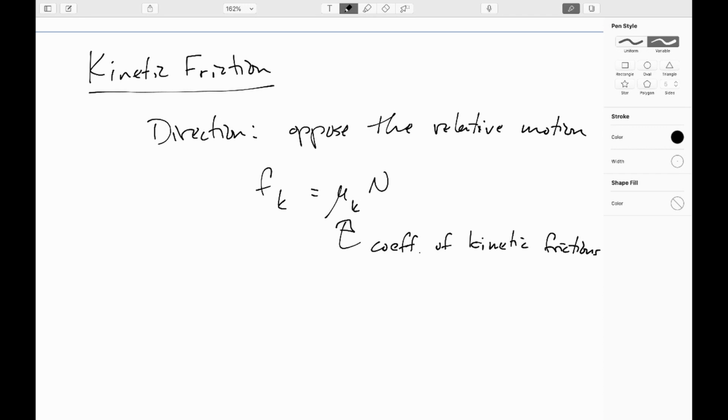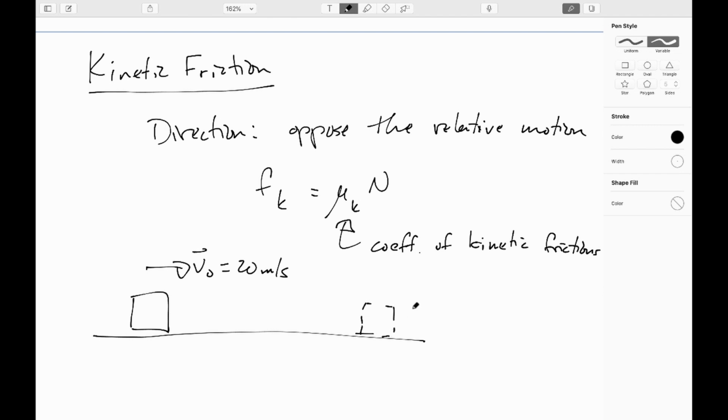So to finish this video out, let's just take a look at this example. Let's say I have a block that was initially moving at 20 meters per second, and it comes to a halt. And we'll say that the coefficient of kinetic friction between the surfaces is 0.5. So I would like to know how far